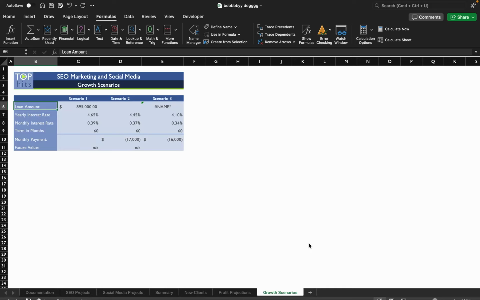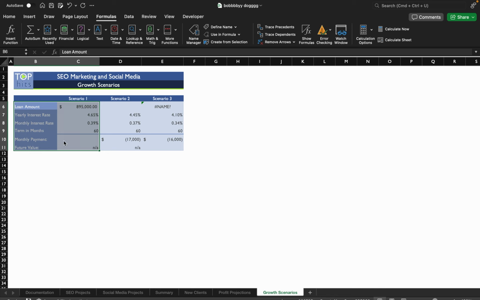We are going to learn how to assign a defined name to move us forward with using the PMT function and the PV function. So we're going to set these as defined names. The first step is going to be to go to this worksheet and then create defined names based